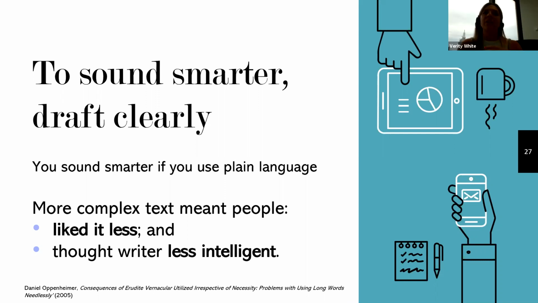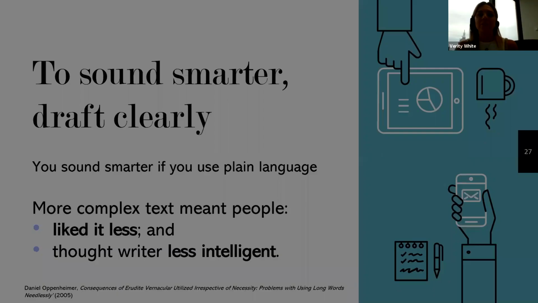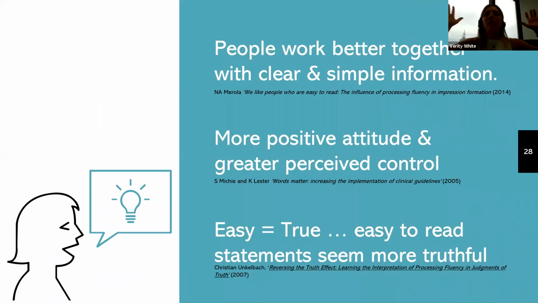So something to keep in mind when you're drafting legal information and contractual documents. A few more bits and pieces from the world of academia. People work better together with clear and simple information. It's a lot easier to work with people when they're giving you contractual information or information about contracts in a